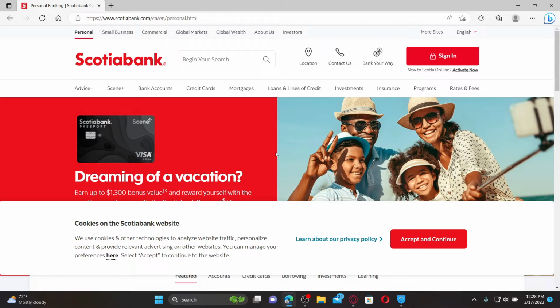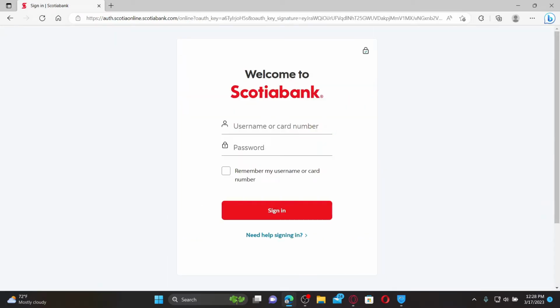So, in order to do that, from the main homepage, click on the Sign In button at the top right. Log into your Scotia Bank online banking account by entering a username or your card number. Enter the correct password on the next field. If you'd like the system to remember your username or card number, check this little box beneath. Leave it unchecked if you're using a public or a shared device for your security, and then finally click on the Sign In button. If you're having trouble remembering your credentials, click on Need Help Signing In and follow the